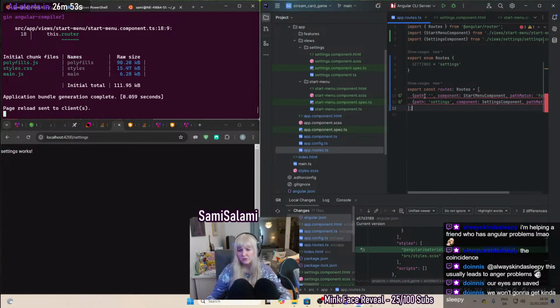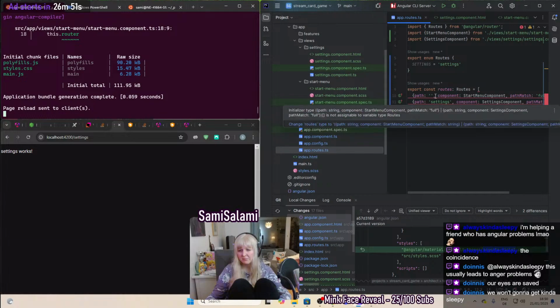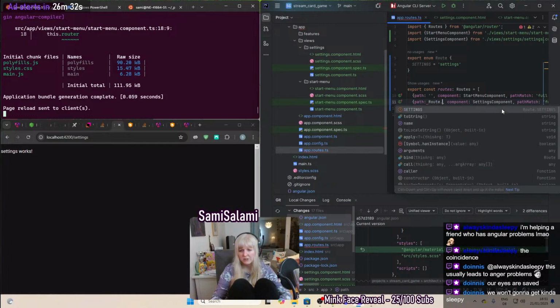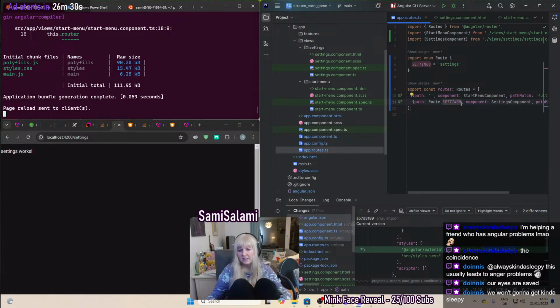Why are you complaining? Is it because of the same name? Oh yeah. Okay. Technically, this doesn't have to be an enum. It's whatever. But basically, now instead of using the string here, we use route.settings,